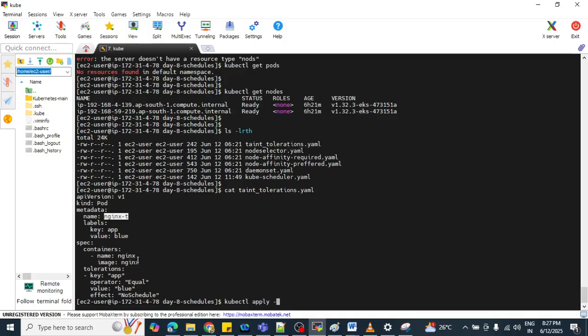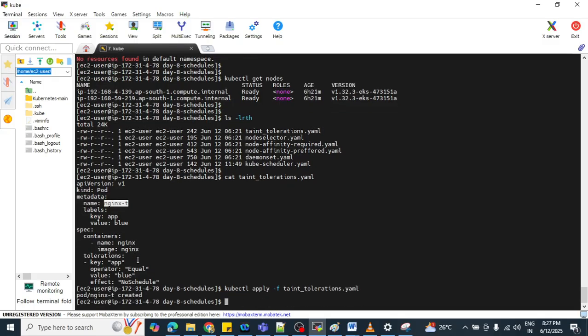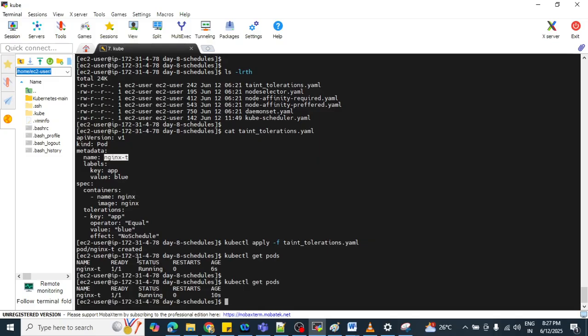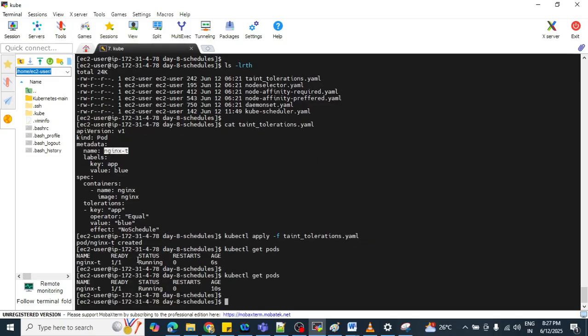kubectl apply -f taint and toleration. Now kubectl get pods. Now you can see this pod is running. Where is this pod running?